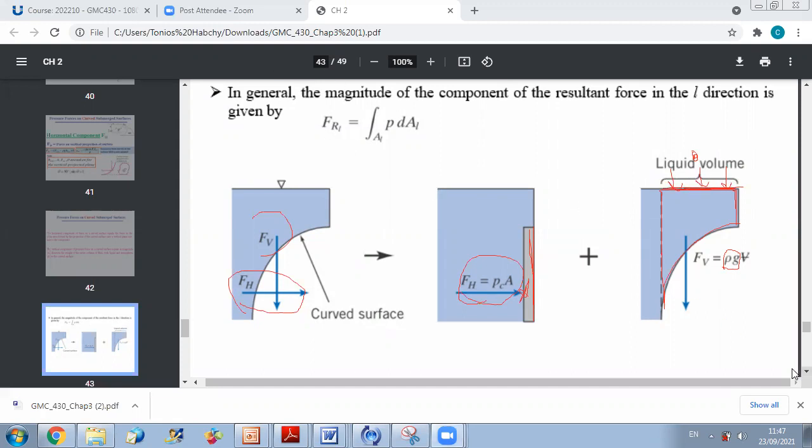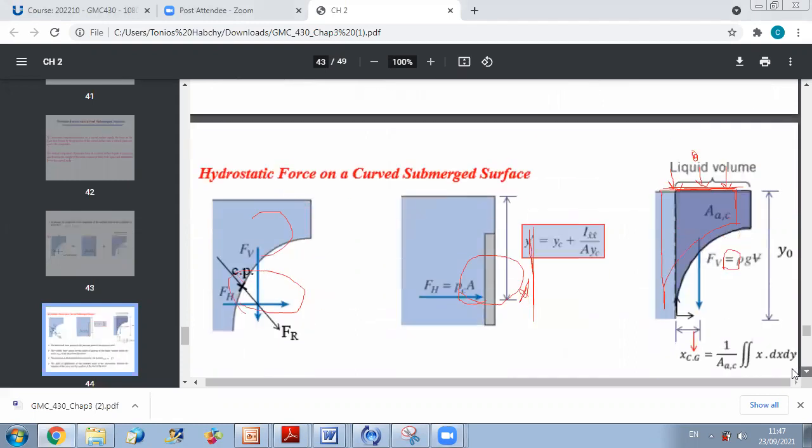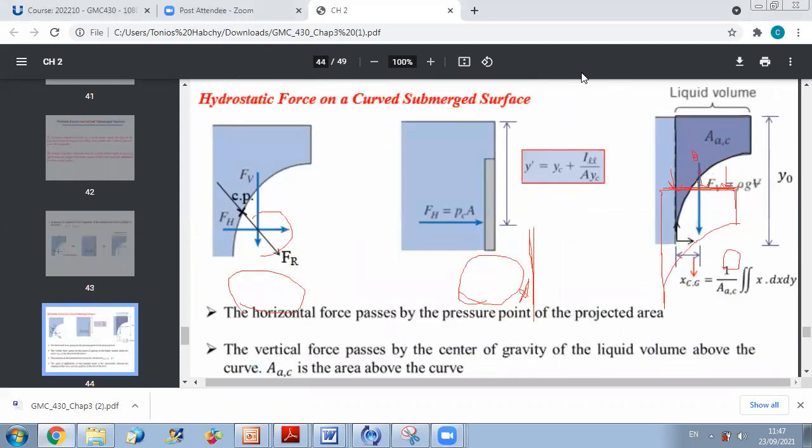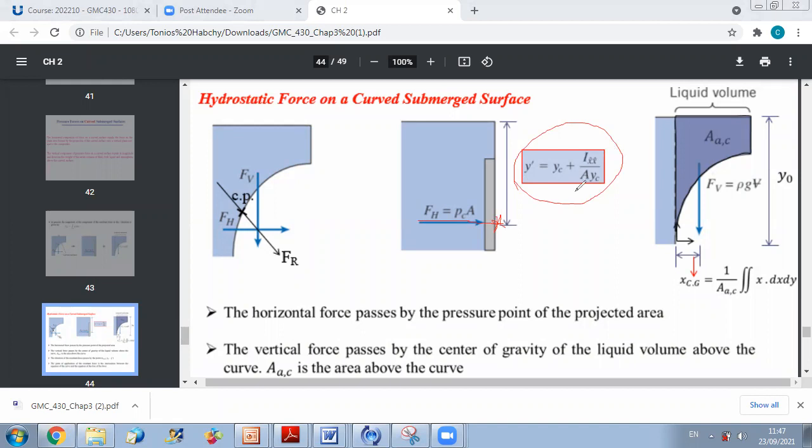Now, here they are telling us how to find the points of application. So for the horizontal force, how to get the point of application? As we said, we use the developed formula for flat surfaces, that y is equal to yc plus Ix over A times yc. Now, what is challenging a little bit is